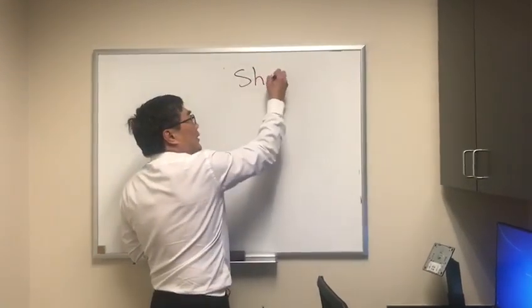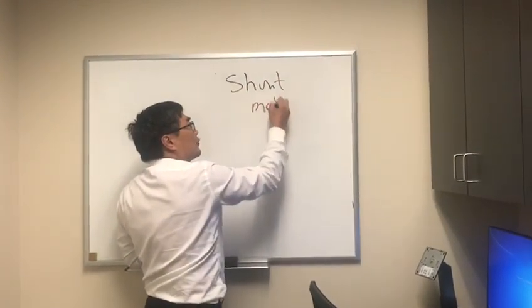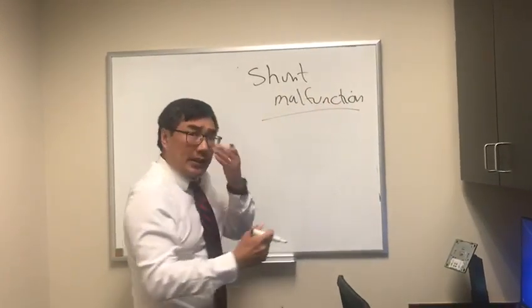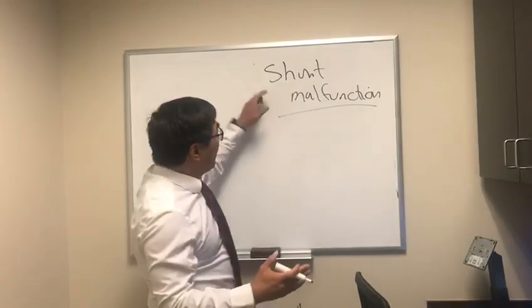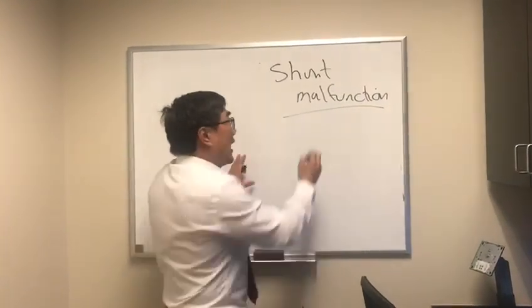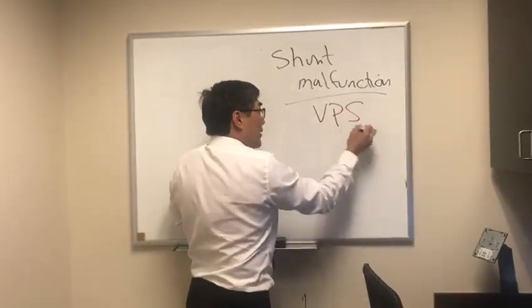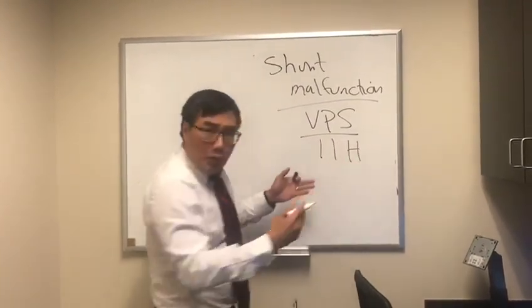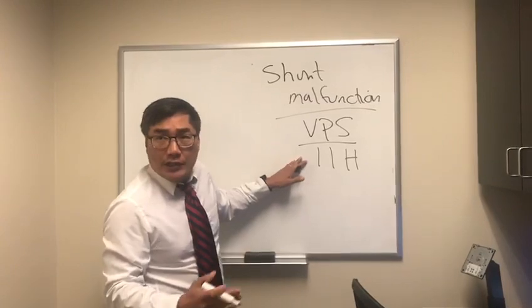So today we're going to be talking about shunt malfunction. It's really important that you know a little bit about shunts and shunt malfunction because it can present to neuro-ophthalmology. The way it presents to us is the patient has a known shunt. So for example, they've had a ventriculoperitoneal shunt for hydrocephalus or more commonly for idiopathic intracranial hypertension that has failed